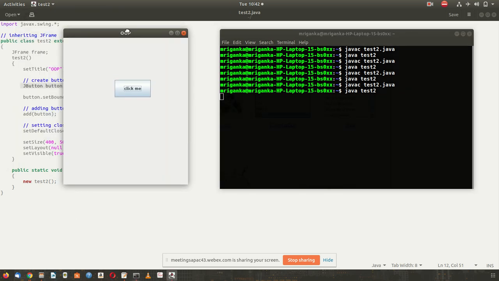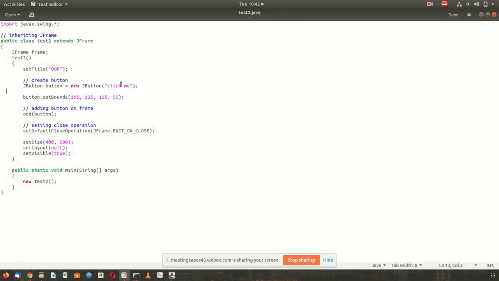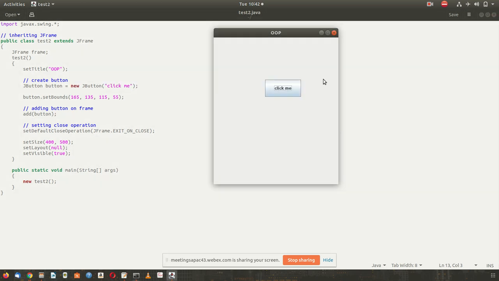This time the name of the button has changed to Click Me. So how does the button look? It's a rectangle. It's a rectangle shape. It is the default shape.